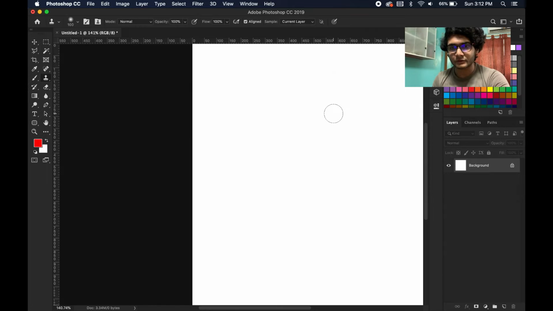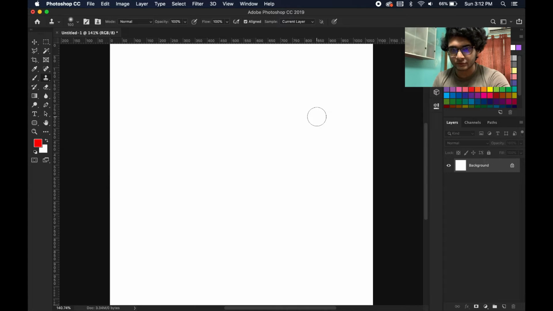For example, if you long press on this tool, you will get the clone stamp tool and the pattern stamp tool like this. But if you are on Windows, you will probably be using a mouse, and you have to right click here to enable the other tools hidden in this main tool. So that is how it works.